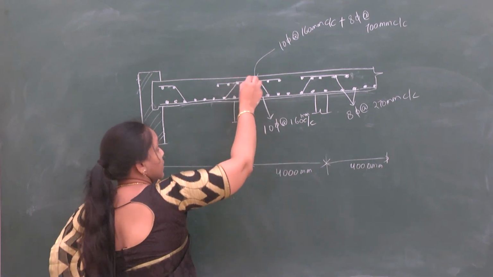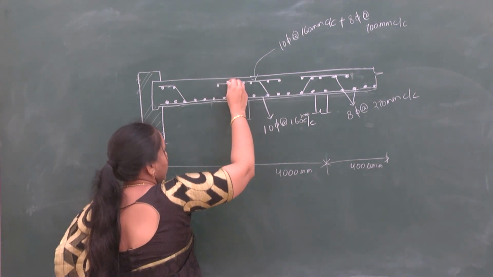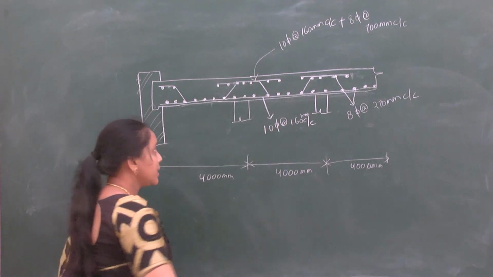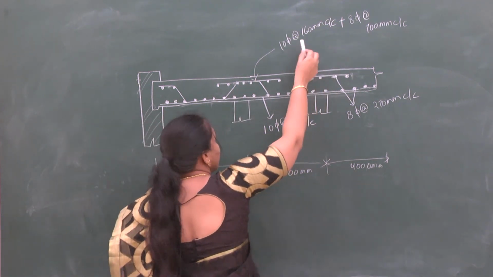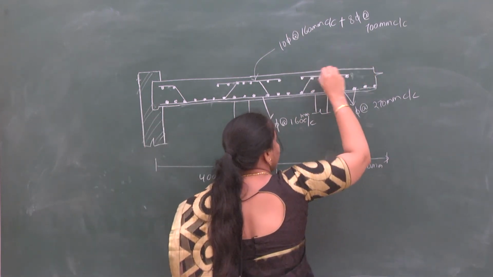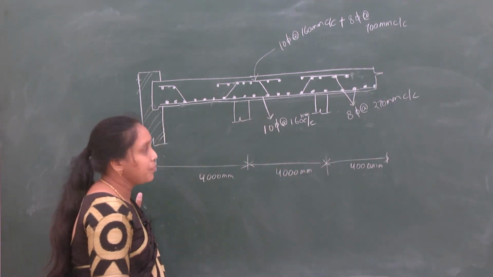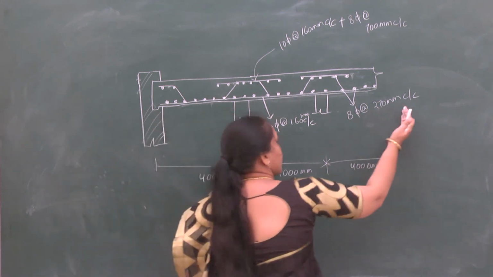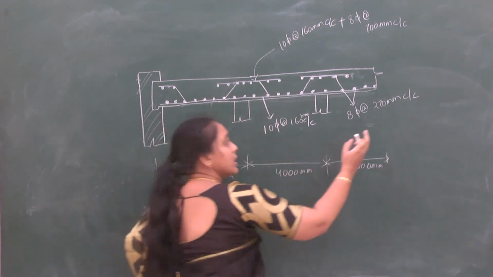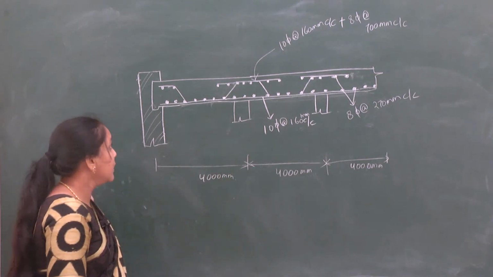And here at the top we have the extra reinforcement provided, as well as the main reinforcement. That is the reason why here it is written 10 dia bars at 160 mm center to center, and the extra reinforcement provided here is 8 dia bars at 700 mm center to center. Only some part of the continuous slab is taken, and the reinforcement details are shown here.